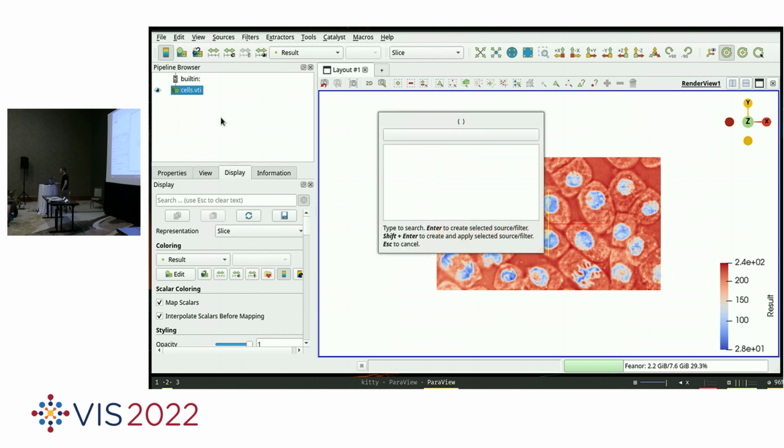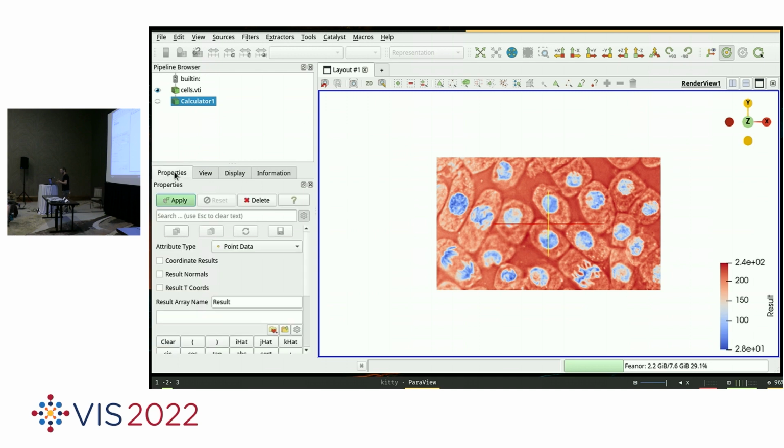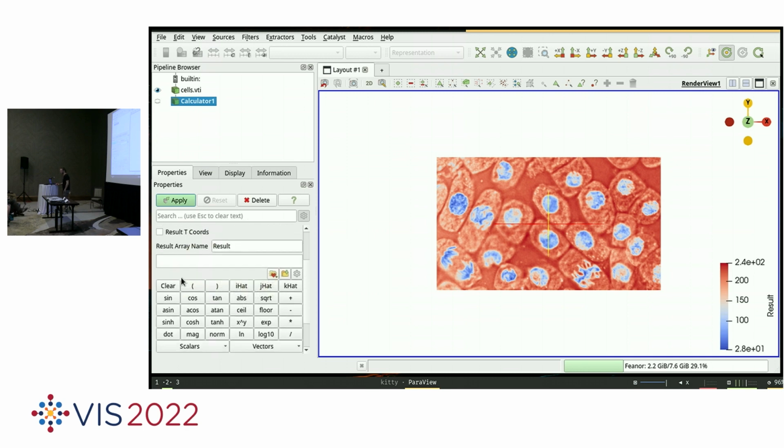There is a special filter which is the calculator, and what I show you here is also available with the Python calculator, which just takes a Python expression instead of the expression I will write here. This filter basically allows you to use some mathematical operations between one or more scalar or vector values which are on the data. So here I will create a new array named results, which will be simply